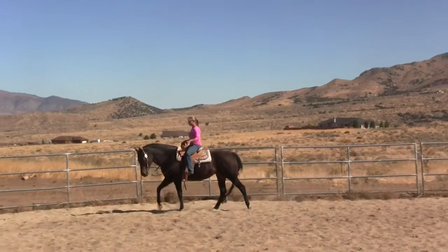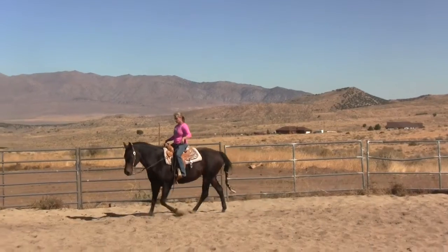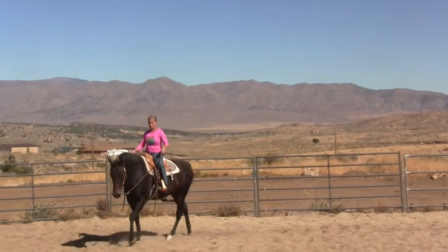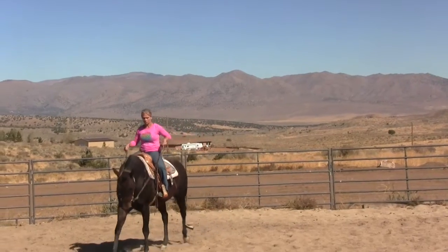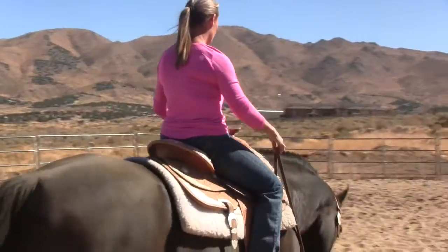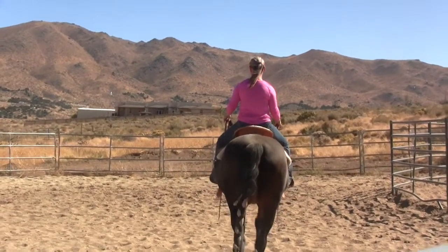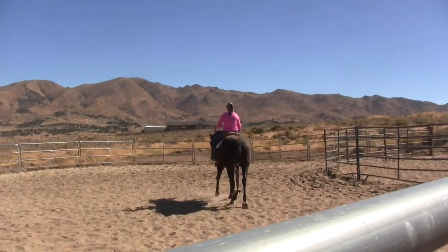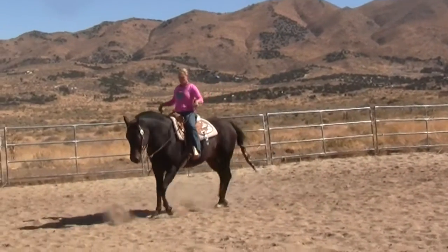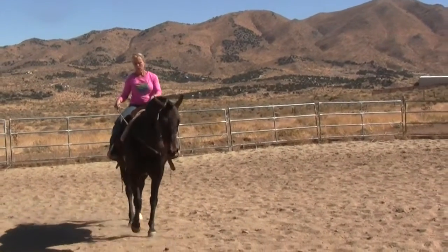She didn't seem like she really had any lean left or right. I mostly just walked her the first day. We jogged a little bit, and we just walked and jogged on the second day too. But I really liked how soft she was, and she seemed to stay pretty good between my legs and my reins. I liked that. She got a little excited right there,